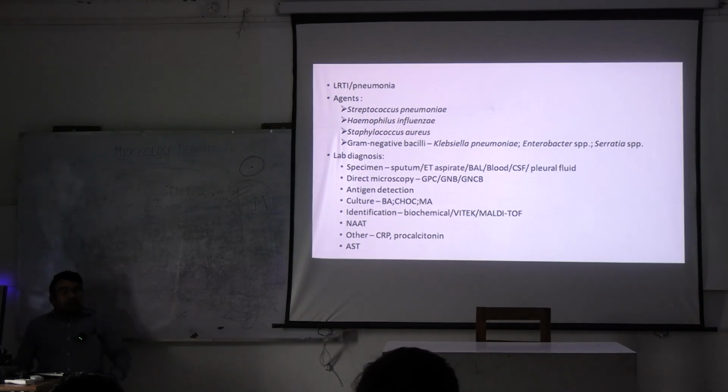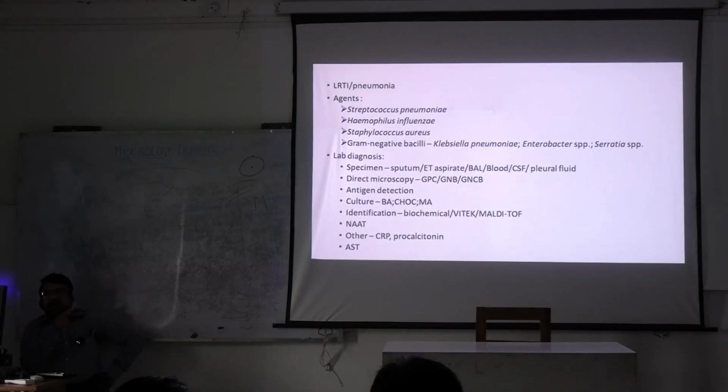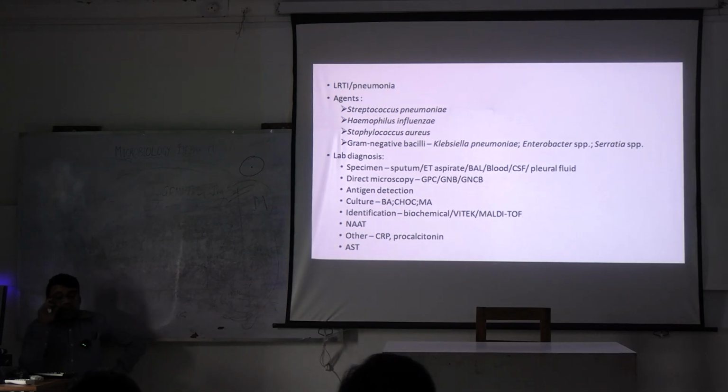Now what to test in those samples? In these respiratory samples we will be going for direct microscopy. What do we look for in the sputum? We have to look for the squamous epithelial cells. If the squamous epithelial cells are high in number, that means there is salivary contamination. If it is low in number, that means the sputum specimen is a good specimen. And if it is indeed an infective process, pus cells will be huge in number, and we may also find microorganisms depending on the morphology.